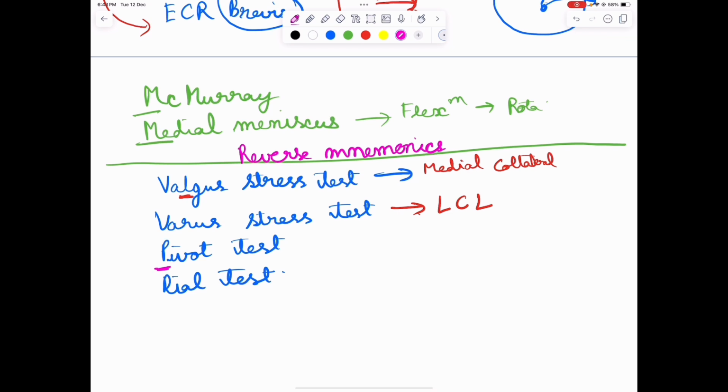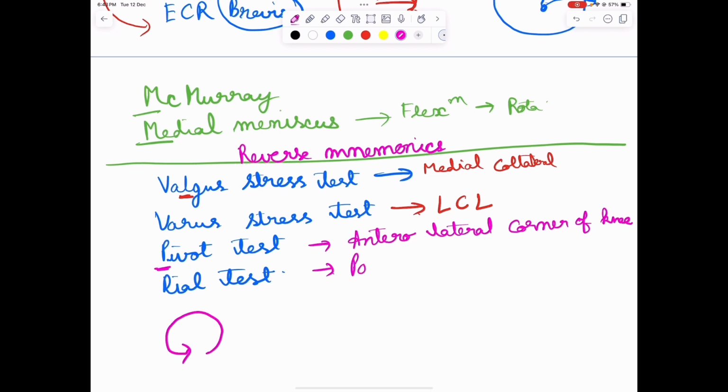Now we go for the pivot test. Now pivot test is for the anterolateral corner of the knee, anterolateral. And the dial test, if you remember, in the olden days the dial test used to be run in this direction, so it was always opposite, so it would be posterolateral. Now along with this, remember that